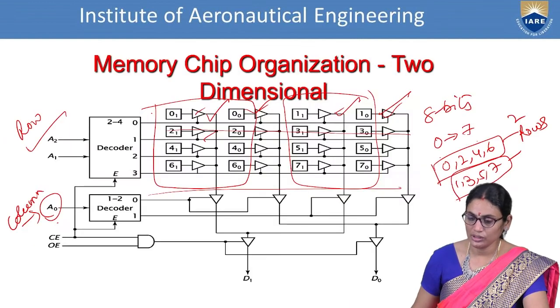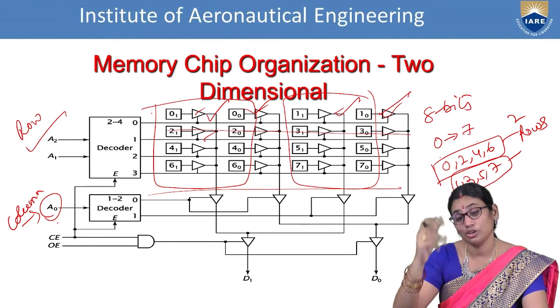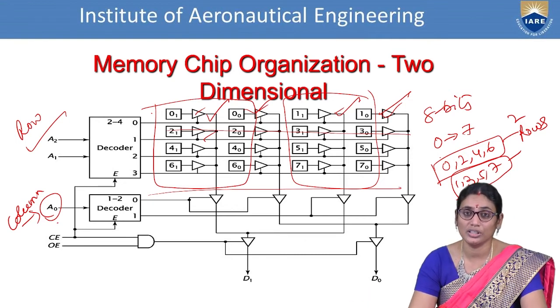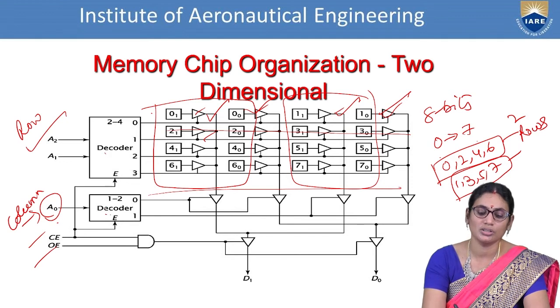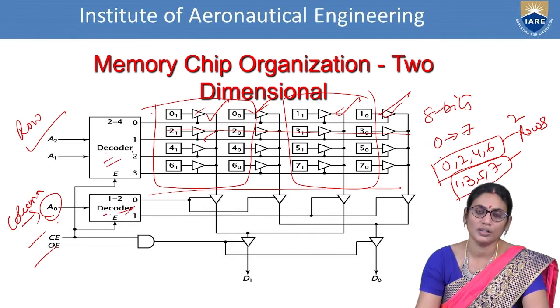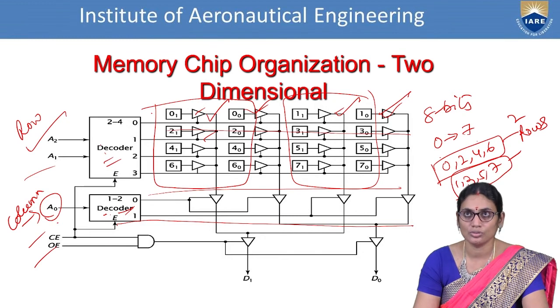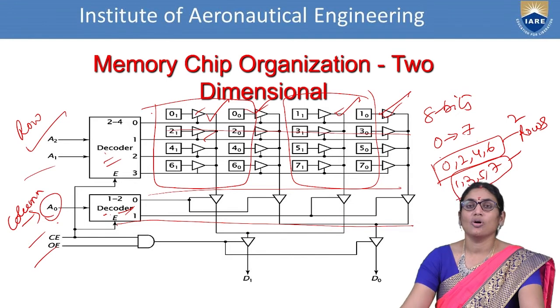For this, we'll go for the next case, that is two-dimensional organization, where you define the same data in different rows, and we enable which row has to be checked and which row has to give the data. That is processed by means of the chip enable and output enable pins. In order to select the rows and columns, we are using two decoders, decoder 0 and decoder 1. One enables the corresponding rows and the other enables the corresponding columns.